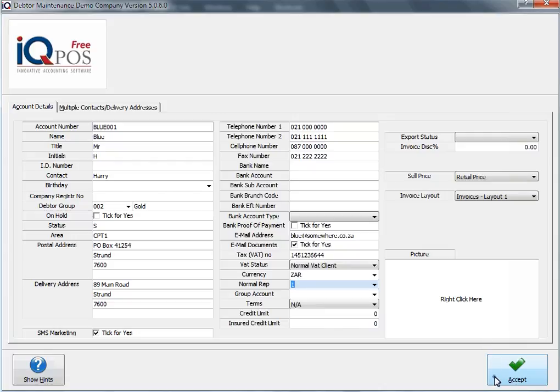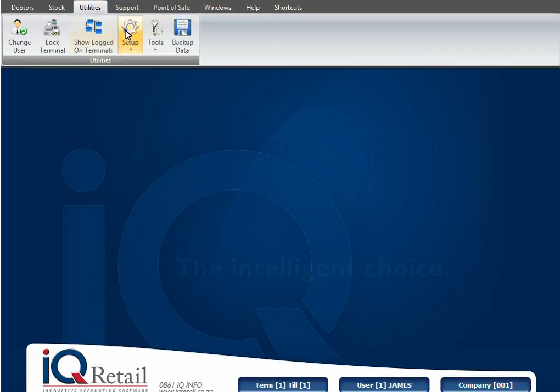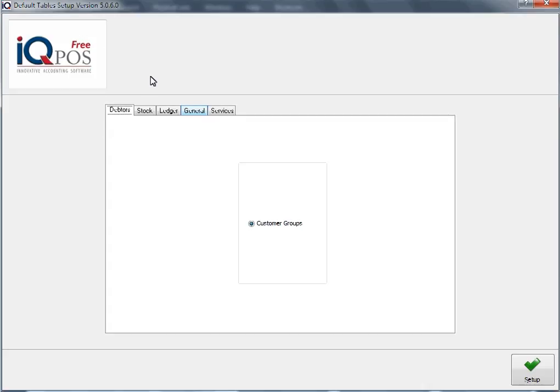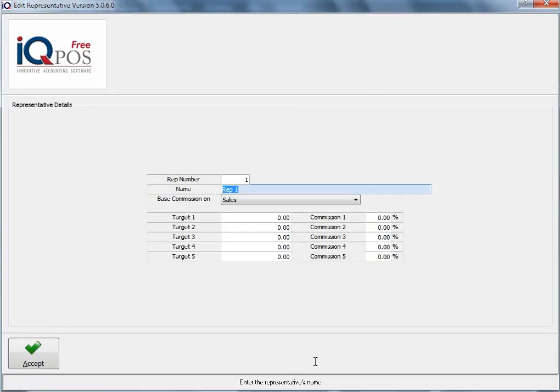So I'm going to close the maintenance screen, and I'm going to say utilities, setup, module parameters, and I'm going to go across to the general tab, and I'm going to click on sales representatives, and I'm going to click on setup. We always give you a default rep, so I always suggest the first one you edit, thereafter you add. So my first rep name is going to be,